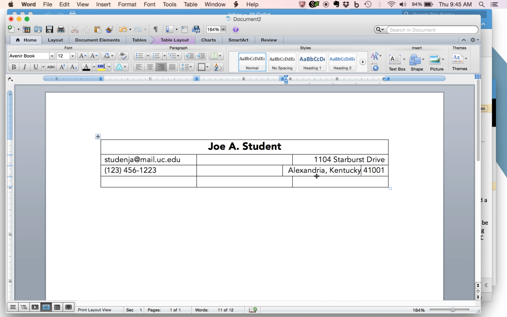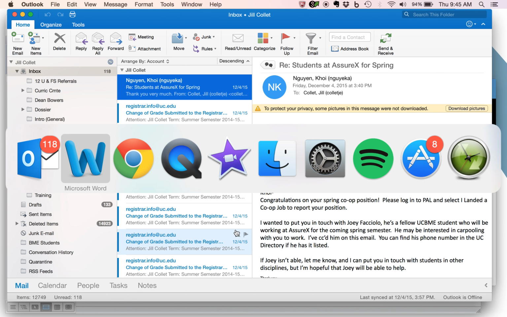So hopefully you're starting to see the benefits of adding a table. And if we want to change the alignment later, we certainly can do that, if I choose to display my information differently. So that gets our header content on the page and formatted in a way that we're happy with right now. So let's move on to the next piece of